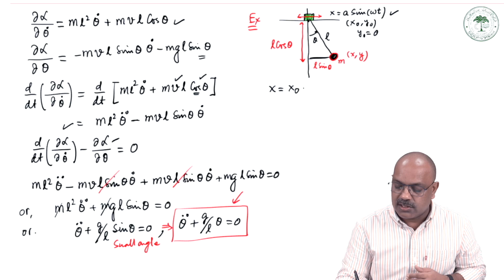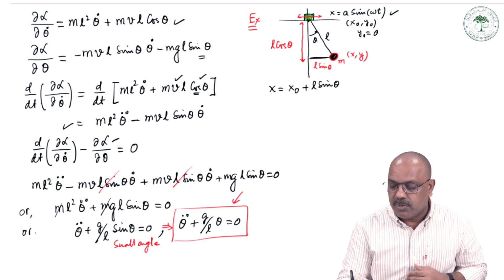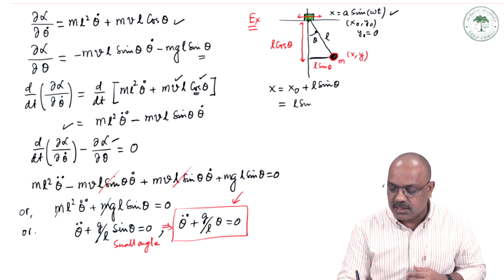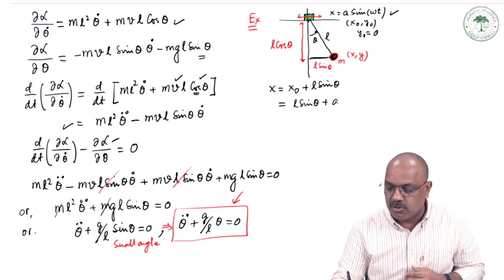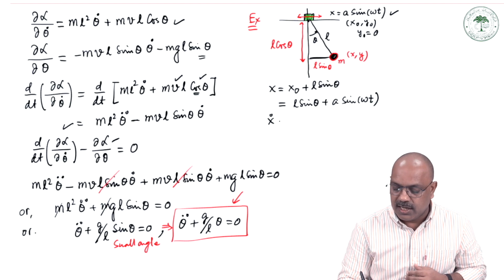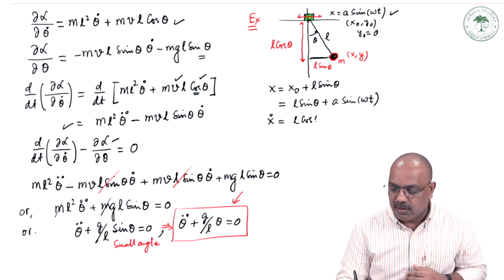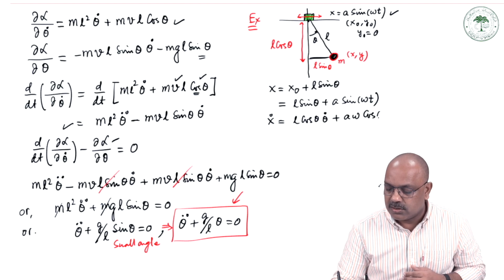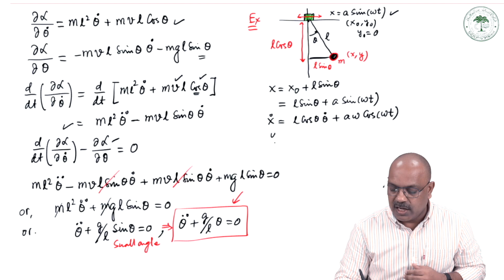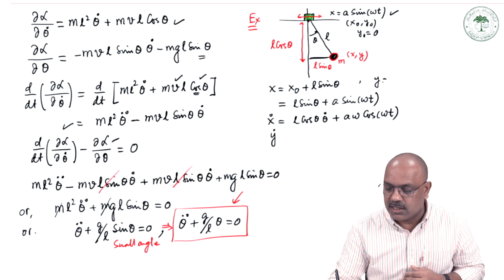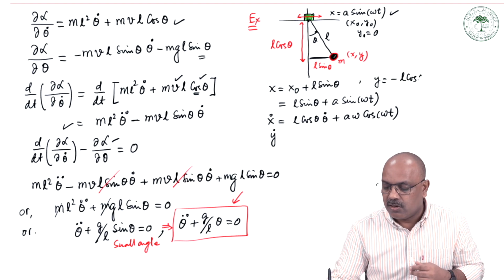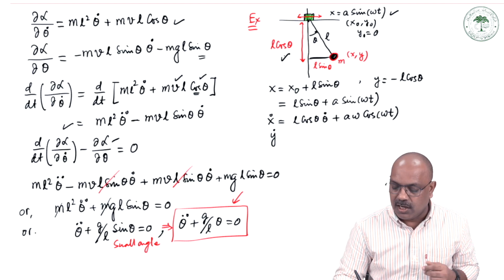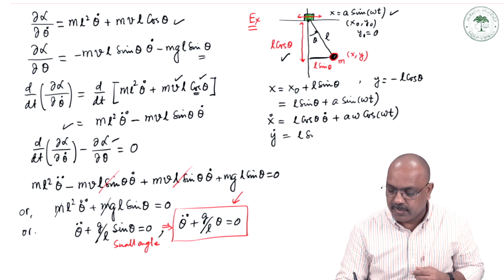So you are going to have x0 plus L sine theta, but x0 here is L sine theta plus x, this is going to be a sine omega t. Okay, and then you can find x dot is going to be L cos theta dot plus a omega cos omega t, and y dot, because y is the same, minus L cos theta, because there is no change in y, so y dot is L sine theta dot,